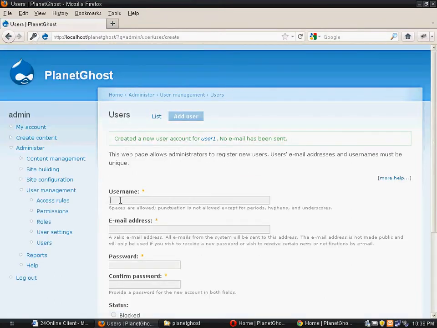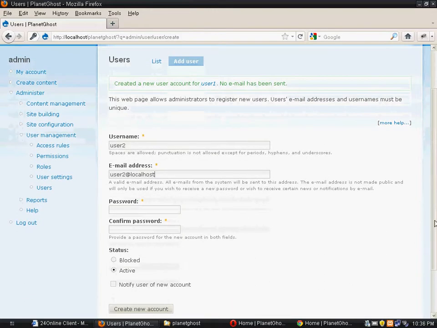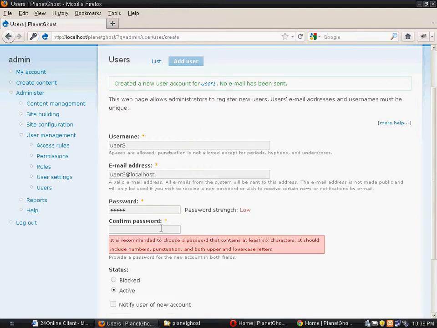I'll create one more user, say user2. The email would be user2 at localhost, and the password would again be user2.